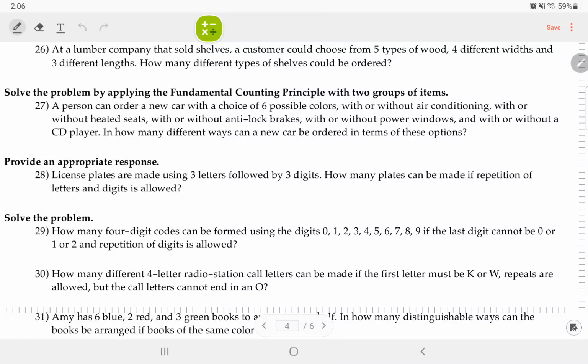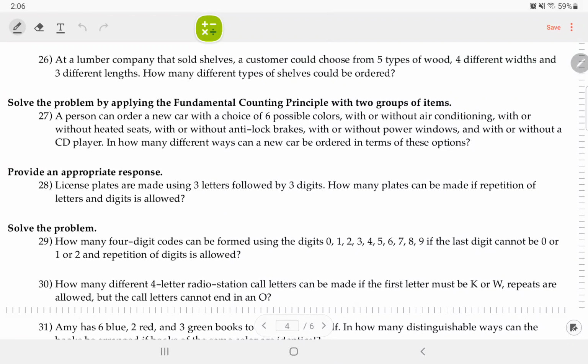Alright guys, in this video we're going to do a host of problems. We're going to be doing questions 26 to 30. So that's 5 questions. And for 26, 27, 28, 29, and 30, we're going to be using the fundamental counting